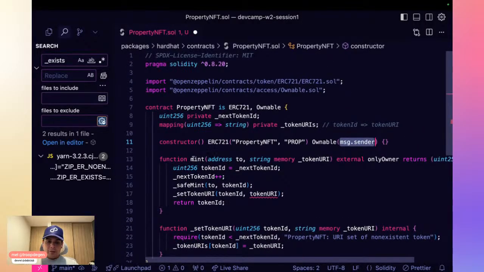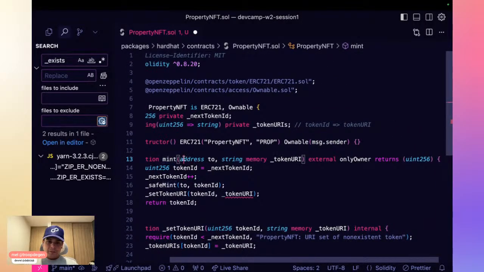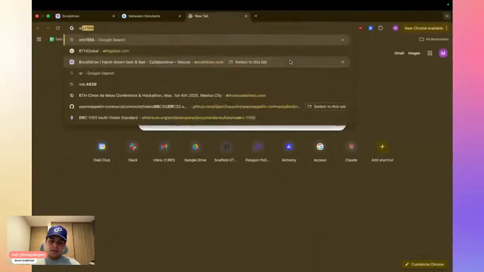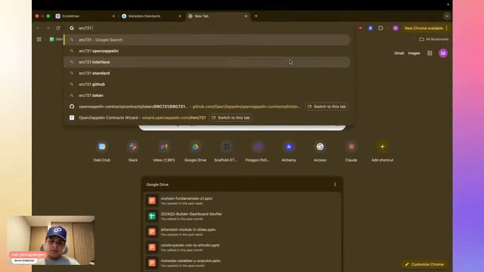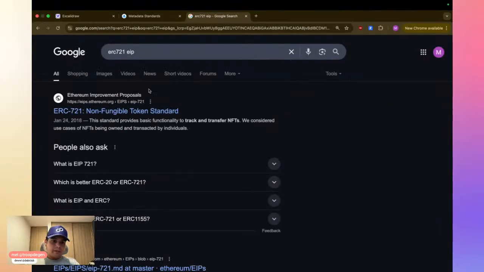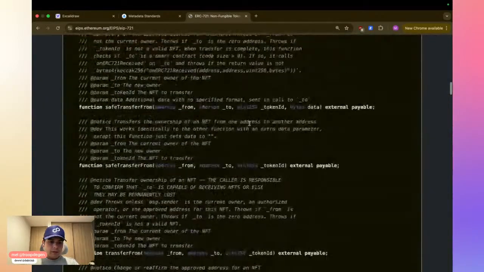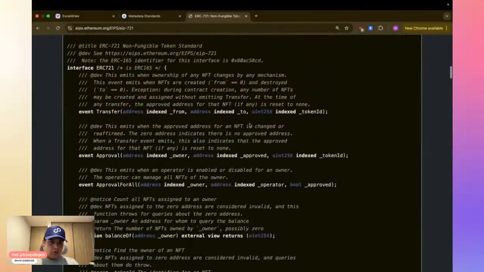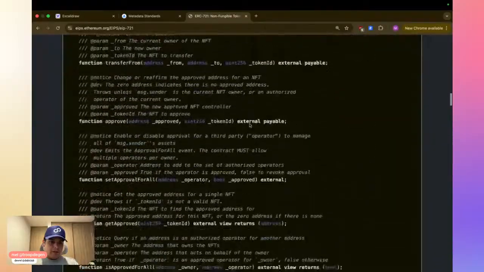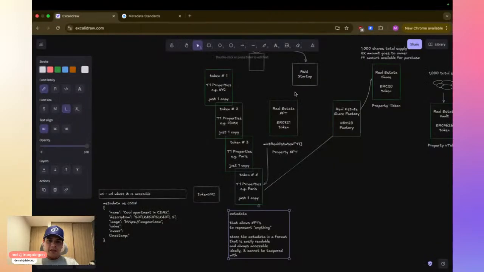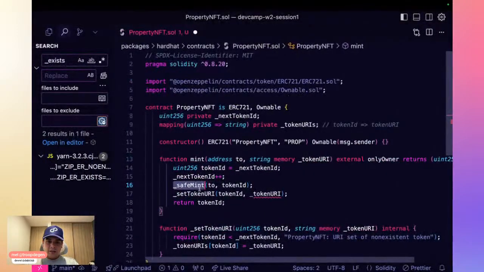Then we have our mint function. This is a basic implementation as well, of the ERC721 API. There's no mint function, I believe, but we need to enable the transfer and the transferFrom. The mint function in our case will be the one we use to do the safeMint functionality.